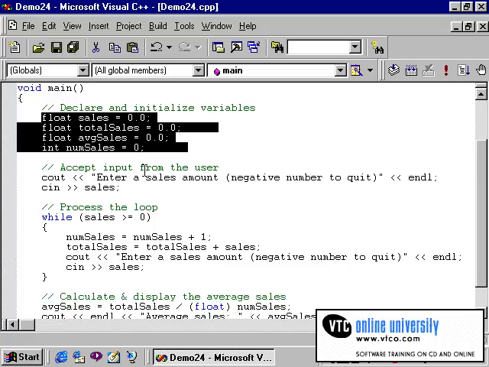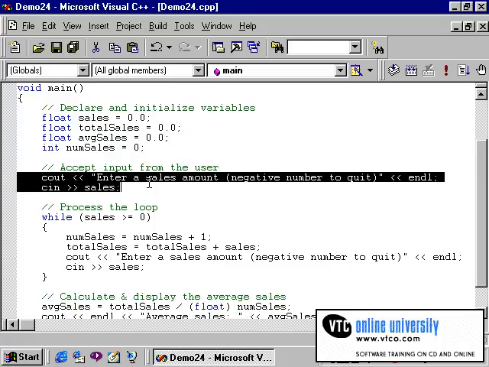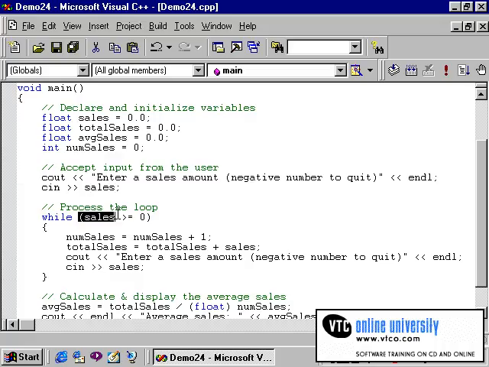The user is prompted to enter a sales amount and a negative number to quit. This is necessary to allow a way for the loop to terminate normally. As you will observe, the loop is conditioned by the sales being greater than or equal to 0. That is, as long as the sales is greater than or equal to 0, the loop will continue. So therefore, when the user enters a negative number, this will cause this condition to be false, causing the while